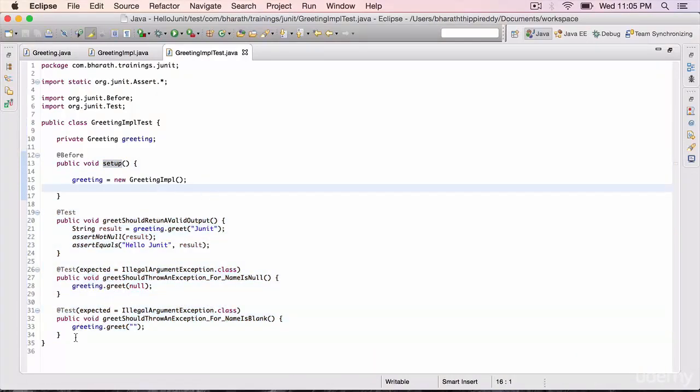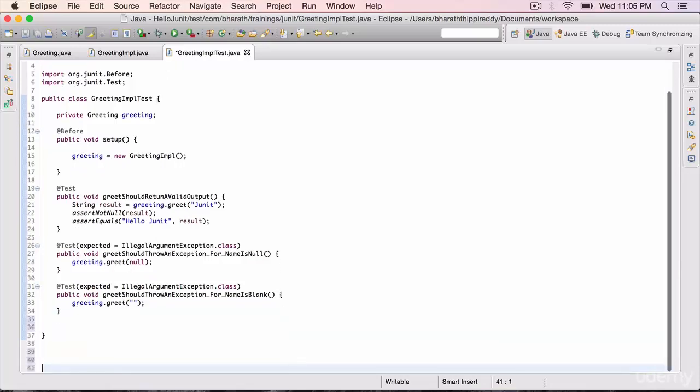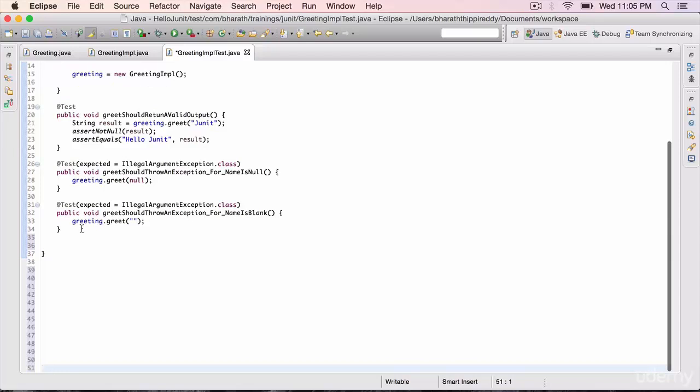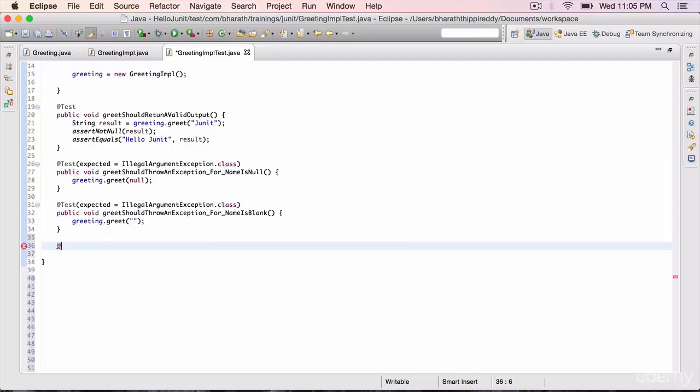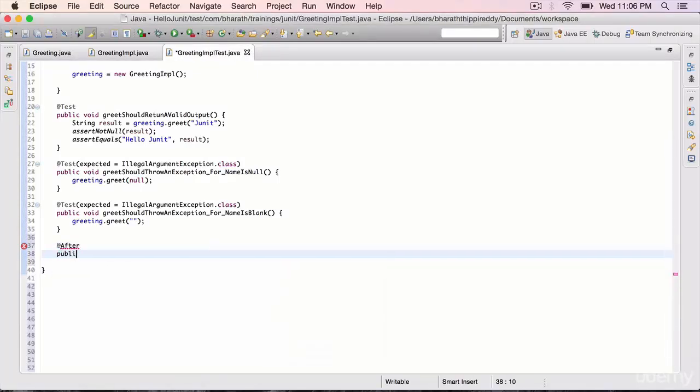Now let's do the cleanup portion. Let me add some lines so that you can see it clearly. In here, @After, hit Control space, the After annotation from the JUnit API, public void, you can call it whatever you want.